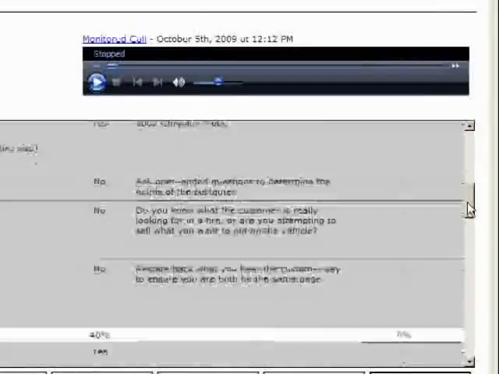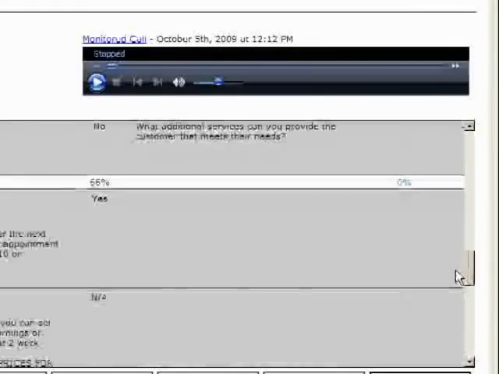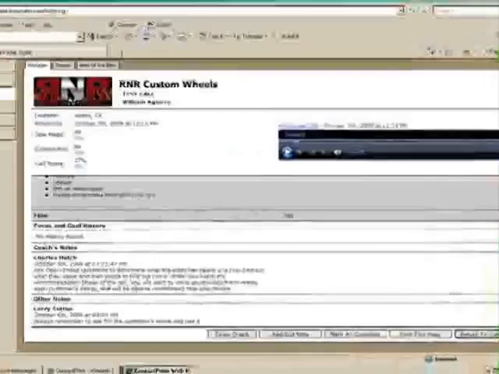As you listen to the call, you can review all of the coaching notes, and then getting down to the bottom is an area